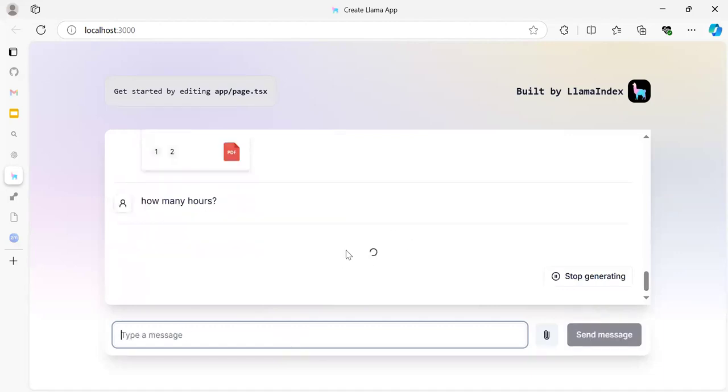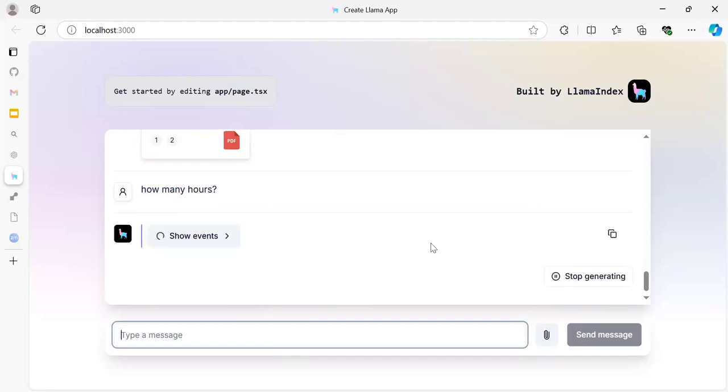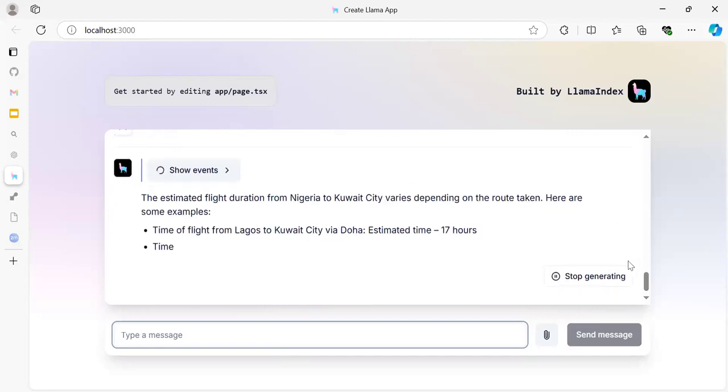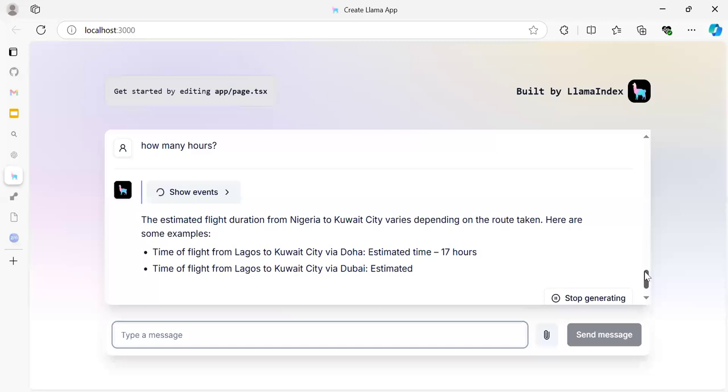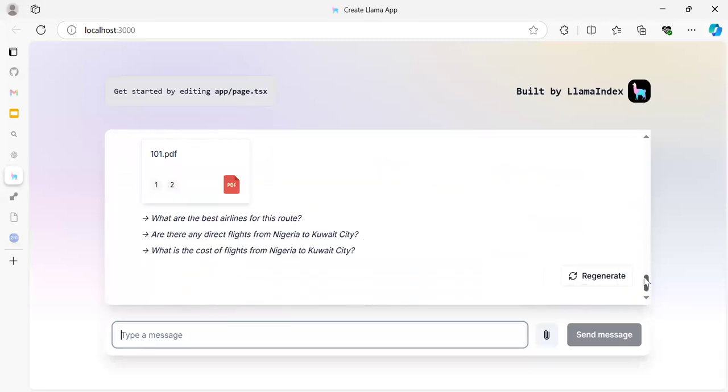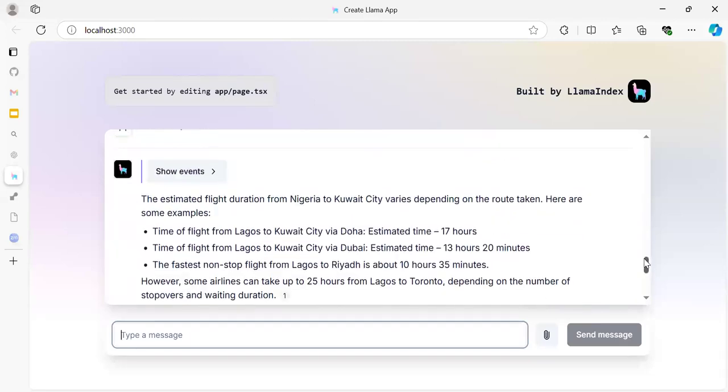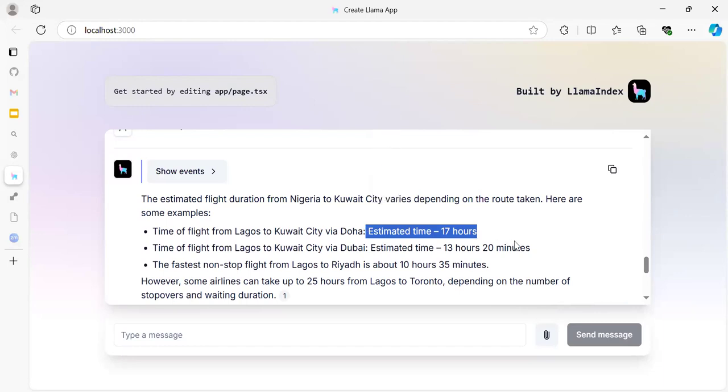So the system is now able to tell me, from the previous ones, that the flight from Lagos to this place, for instance, has an estimated time of about 17 hours, whereas from Lagos to Kuwait City using the Dubai route, the estimated time is about 30 hours 20 minutes.